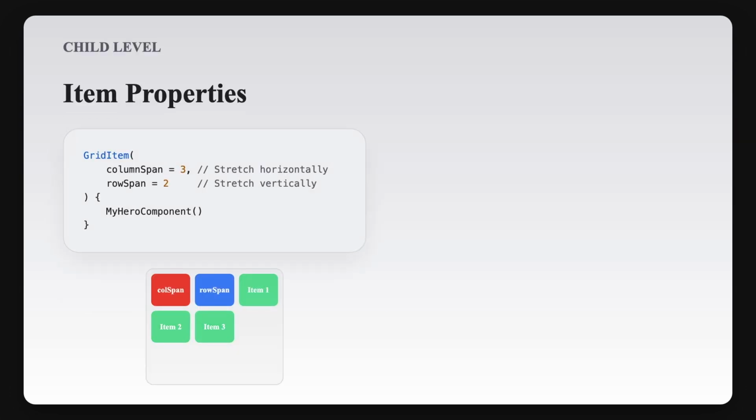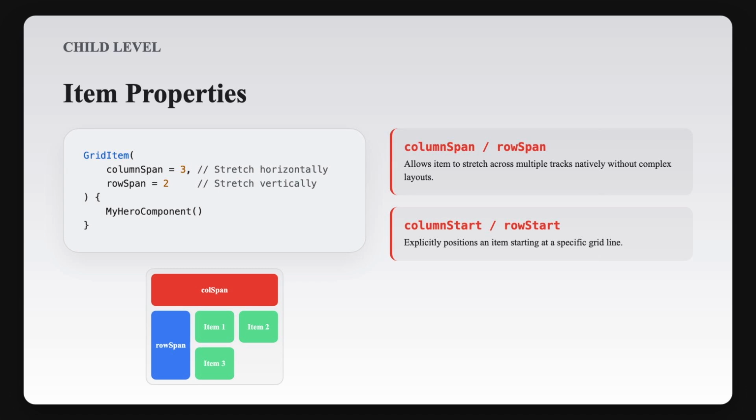But here is where the real magic happens, item properties. By wrapping your composable in a grid item scope, you inject grid-specific metadata directly into your UI component. Want a header to stretch across the top of your screen? Just set column span to 3. Need a sidebar to stretch all the way down? Set row span to 2. It's incredibly intuitive. It flattens your layout's hierarchy, and it drastically reduces the amount of code you have to write